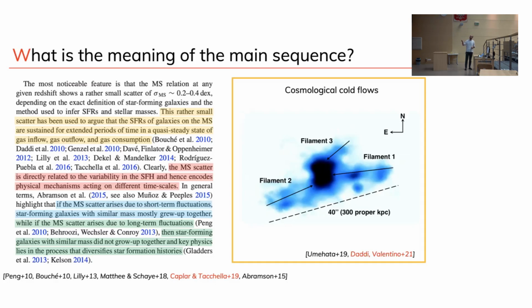You also do have some information about kinematics. It's a bit of a tricky business because Lyman alpha is a resonant line, so the shape of the spectrum is not necessarily directly related to the kinematics of the gas because you have resonant effects. But you can try to include that. And actually, this is a pretty good example. Again, this is not part of what I have been doing, it was done in collaboration with Emanuele Daddi, but there are other examples. It's a very nice paper that was published in Science a couple of years ago showing a structure which is 1 megaparsec long, emitting in Lyman alpha, in a protocluster at high redshift.